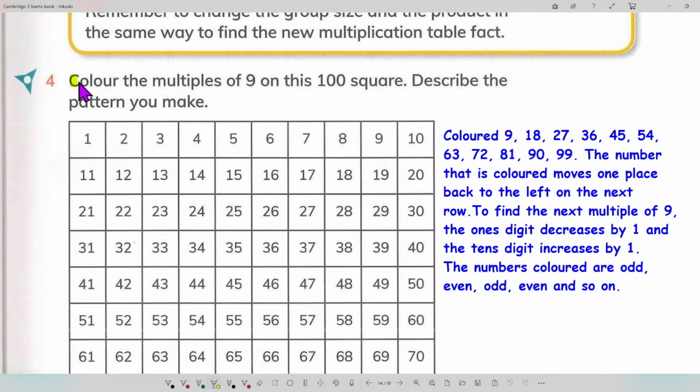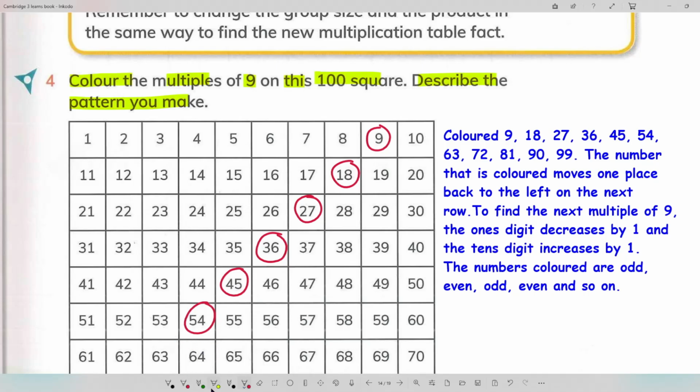Number 4, color the multiples of 9 on this 100 square. Describe the pattern you make. First we have to find out the multiples of 9. We can color like this: 9 times 1 is 9, 9 times 2 is 18, 9 times 3 is 27, 9 times 4 is 36, 9 times 5 is 45,